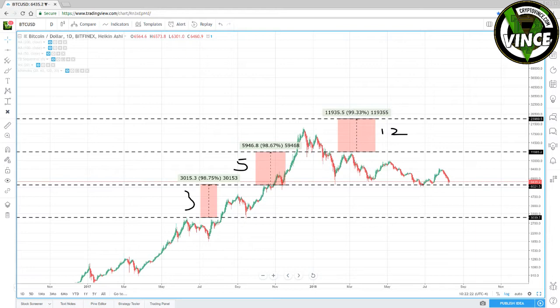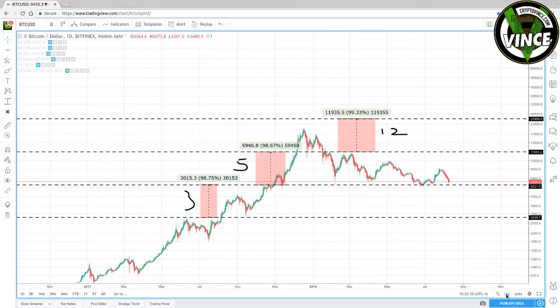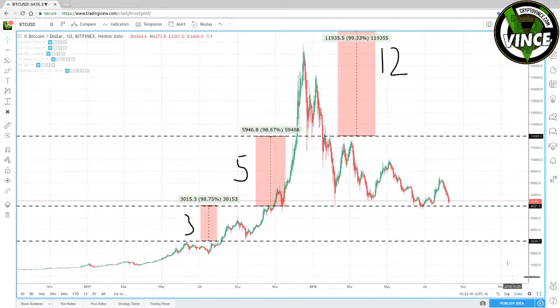I think I have another picture here. Let me see if I can find here. The linear price scale is plotted on the side of the chart. There is an equal distance between the prices. So the linear scale is talking about an equal space between the values, and you see here 7, 8, 9, 10, 11. It's perfectly